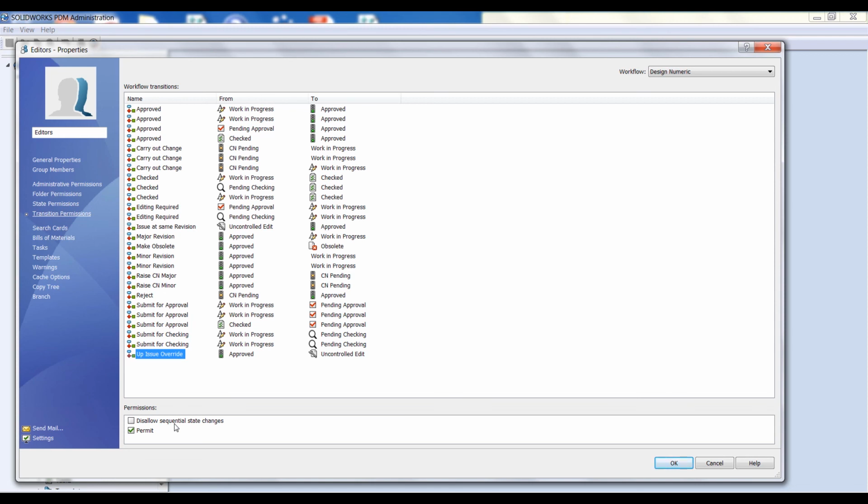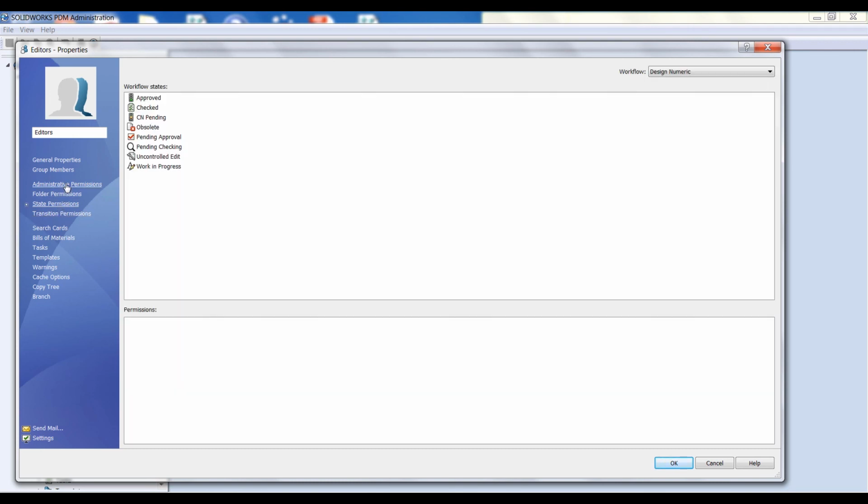They might do a drawing and then submit it for checking. Well, you don't want them to necessarily be able to check their own work. So for a particular option like check is okay, you might say disallow sequential state changes if they're both a designer and a checker, or going a step further, if they're both a checker and an approver there as well. So that's how permissions are listed in PDM.